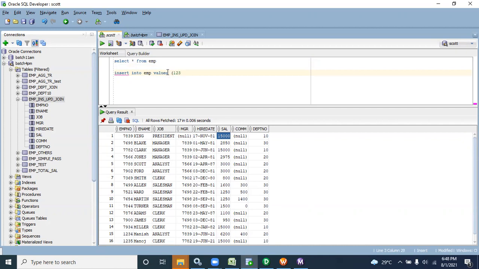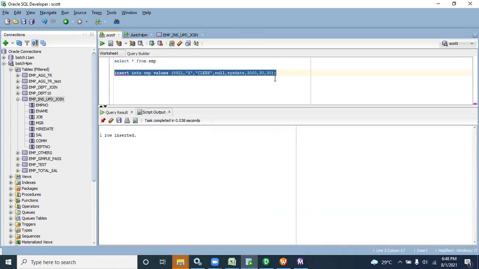Suppose the EMP number is 1239, sorry, 21, then employee name suppose X, and job we can say anything, clerk, then manager is null, date is today's date, sysdate, and salary suppose 3,000, commission 30 rupees, and department suppose 30. I'm just randomly putting some values in this.